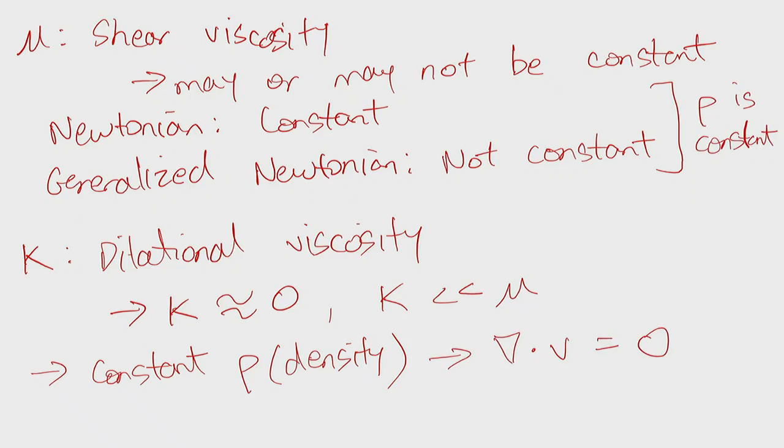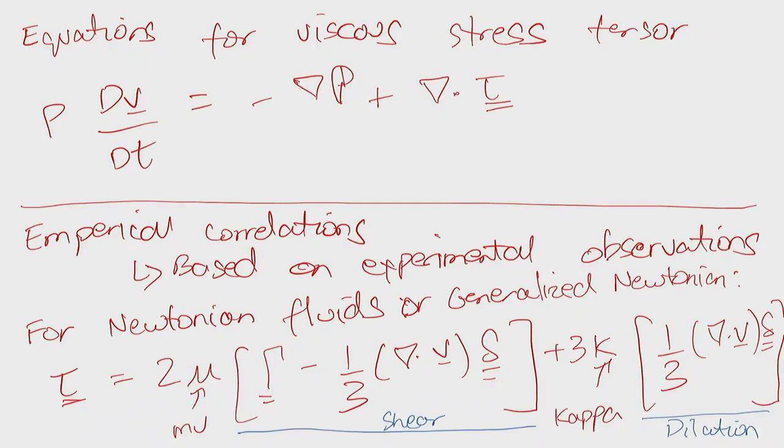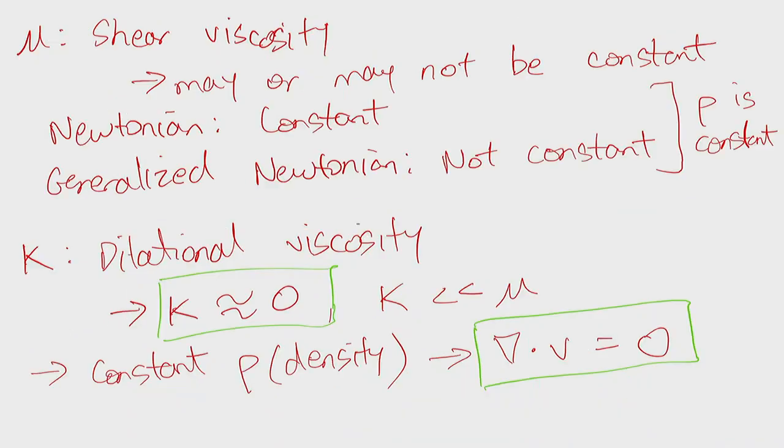This is one simplification, and this is another simplification. Going back to this equation here, this term can be neglected for constant density fluids, and kappa is vanishingly small. And so the only terms that survive after making these simplifying assumptions, which for this class are all valid,